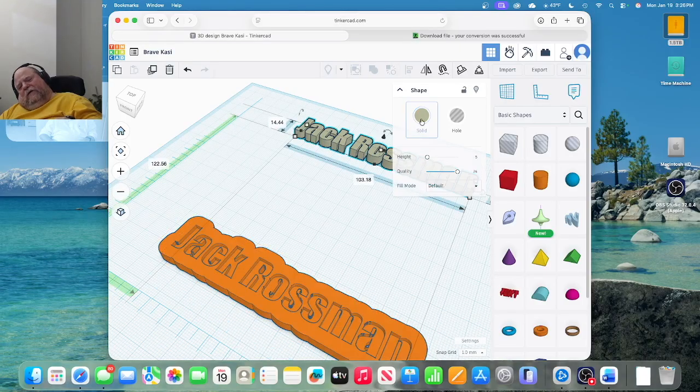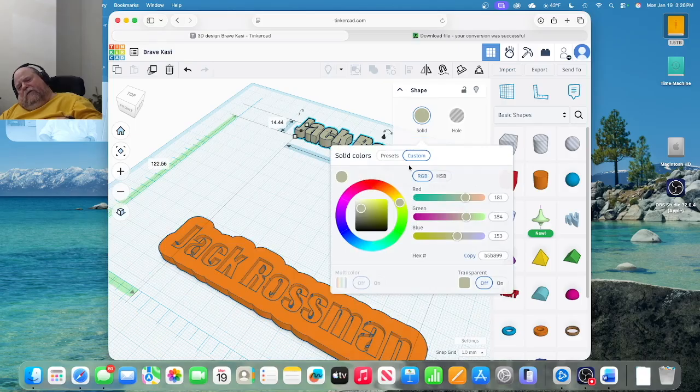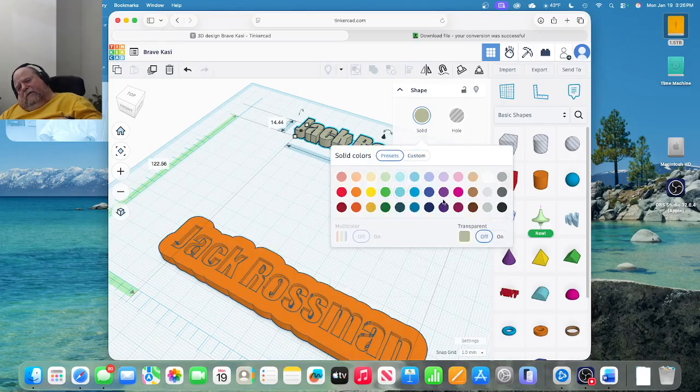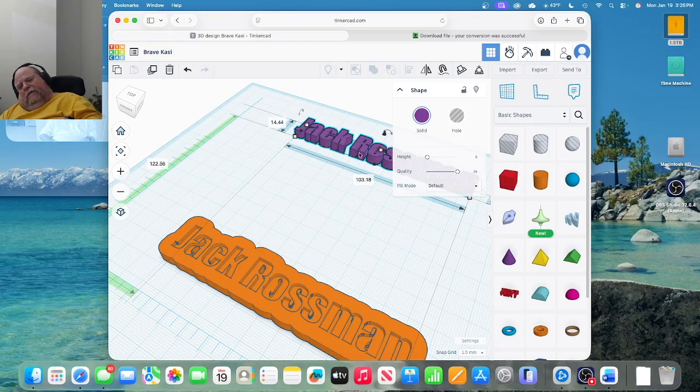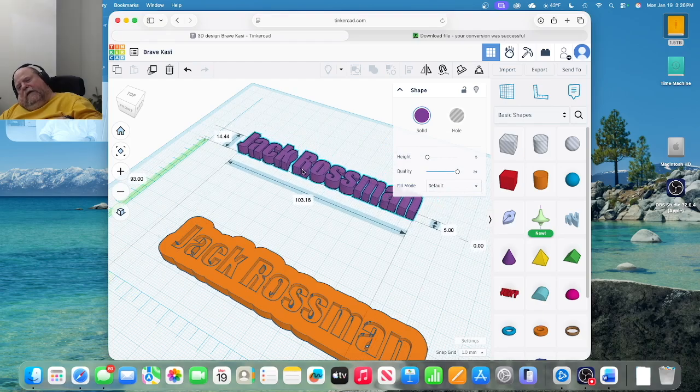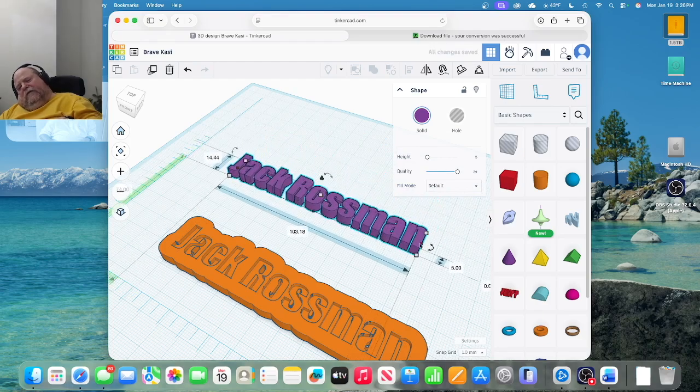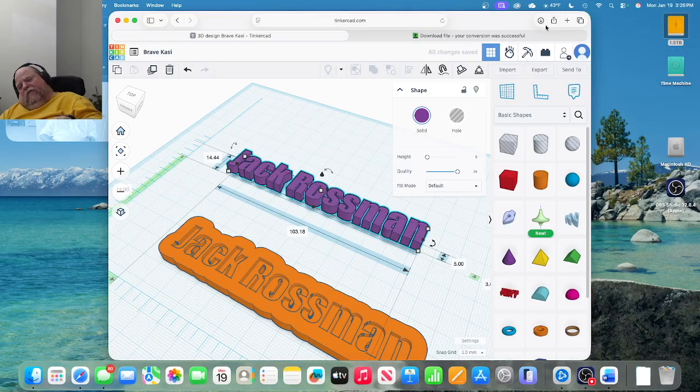What I'm going to do is change this to another color, like purple, because that's what I have in my 3D printer. And let's move it so we can see the height. You see it's at the same height as the other one. I'm going to do the same thing. We're going to move this 3 millimeters high, sorry, I keep saying inches, like that, off of the work surface. And then